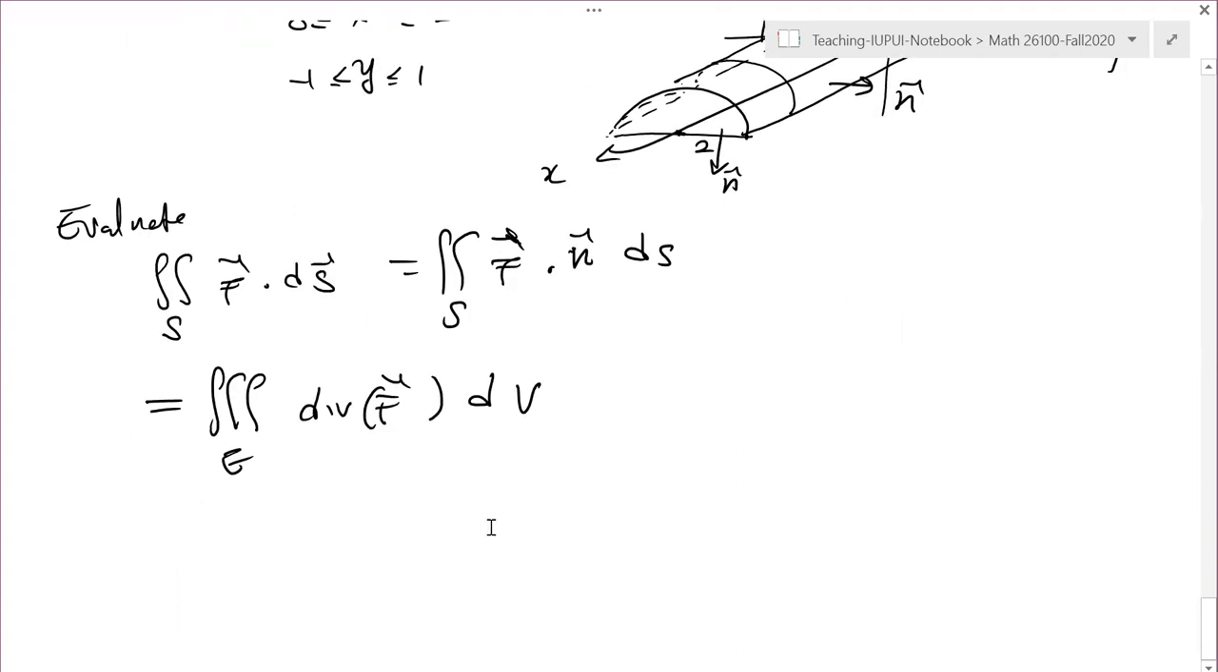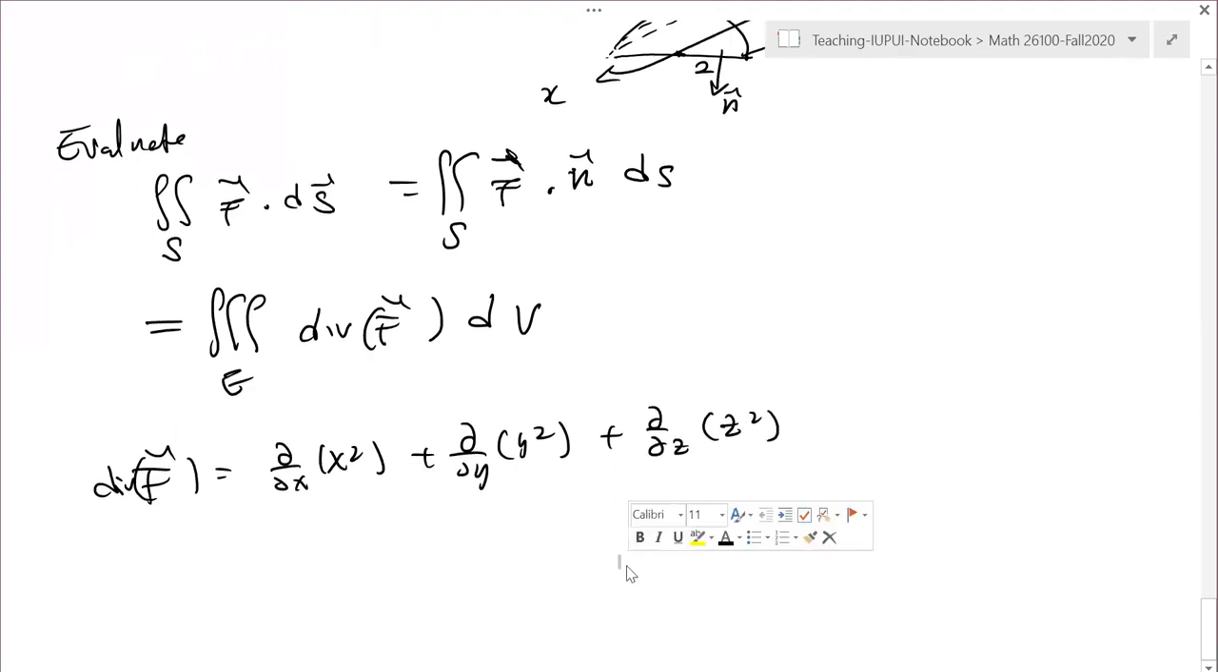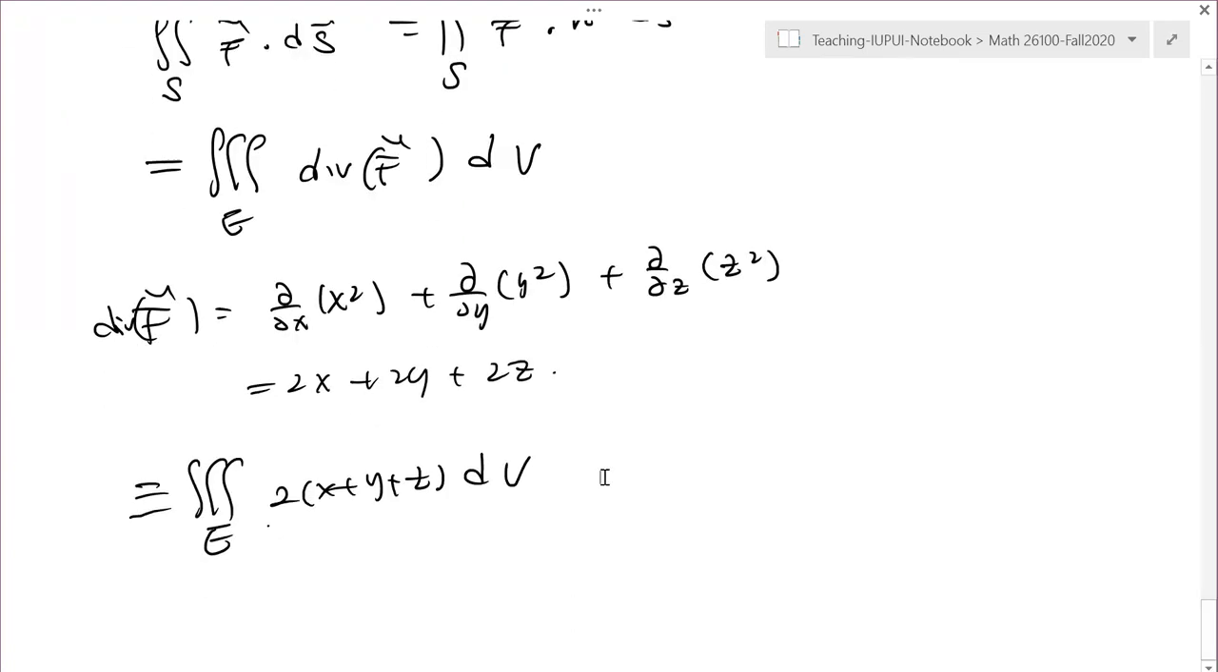Then all you have to do is consider the divergence. Divergence of F is the partial derivative of the first term with respect to x, plus the partial derivative of the second term with respect to y, plus the partial derivative of the third term with respect to z. Okay, so you get 2x plus 2y plus 2z, right? It's not too bad. All right, so this is going to be the triple integral of 2 times x plus y plus z dV. Right, now, how do we evaluate this triple integral? I think to evaluate this triple integral,